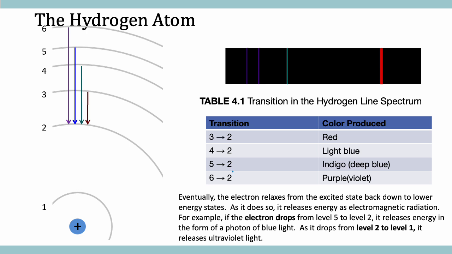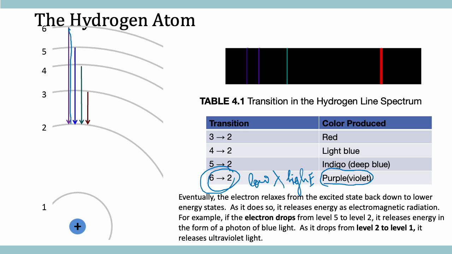For example, when it goes from 6 to 2, it's going from energy level 6 to 2, so it's very far away from each other, right? The energy difference is going to be highest here. From 6 to 2, the energy difference is highest. When the energy is high, wavelength is low. So low wavelength and high energy, if you remember from the electromagnetic spectrum, that lies in the purple or violet